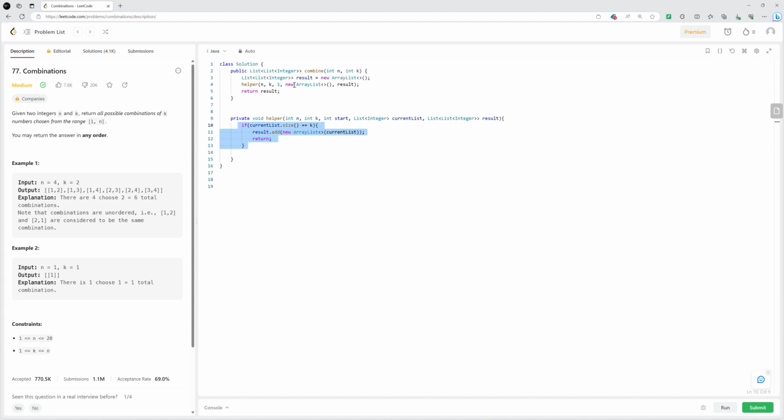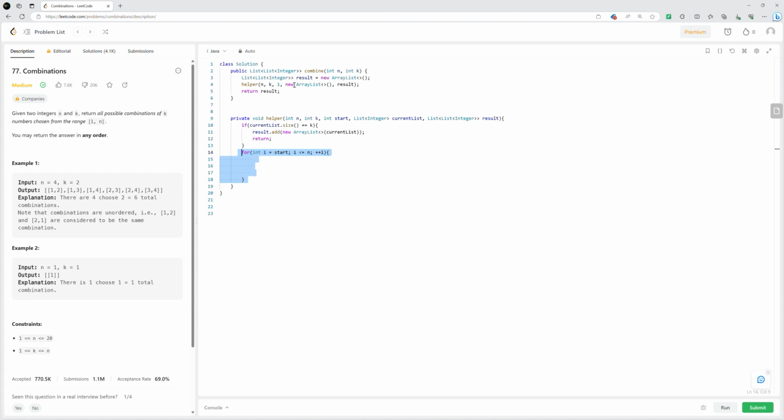That basically means that we are going up the recursion tree. Next, we have the same thing as we had for the permutation. We have a for loop to iterate over our candidates, but now you can note that we are not starting from 0. So in permutations, we started from 0 and we went all the way through the numbers. For any of the calls of the helper function, we were able to choose any of the candidates. Now, in this case, in our first call, we will be able to start because our start